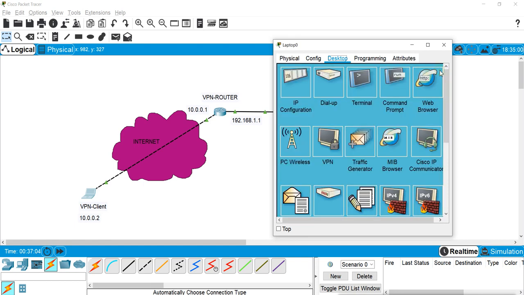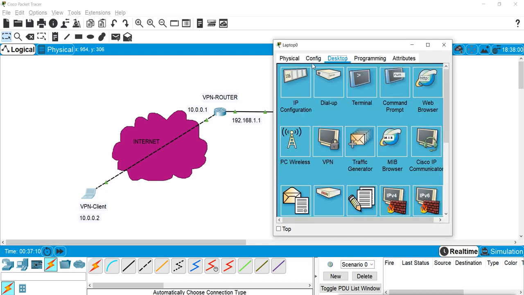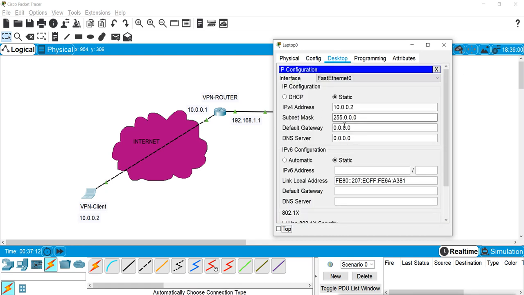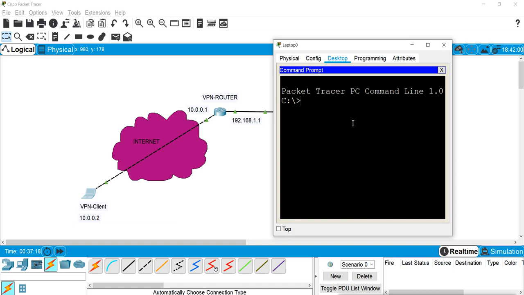And remember, we have not mentioned the gateway here. We did not mention the gateway, that means it is not going through this router, it is going through VPN. So I will try to ping the server. This is connected again.